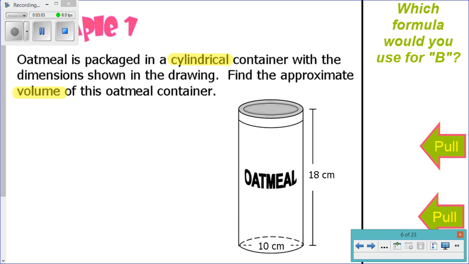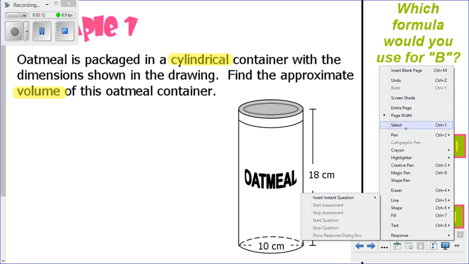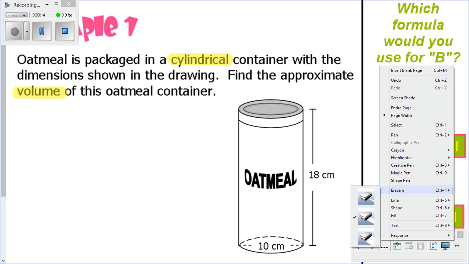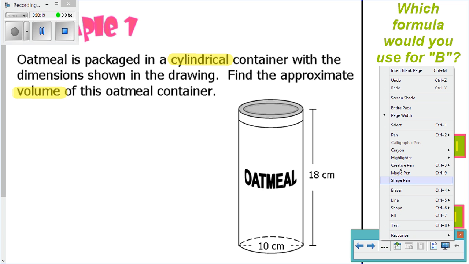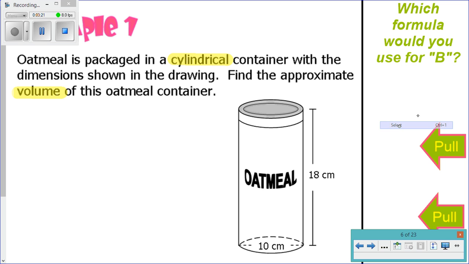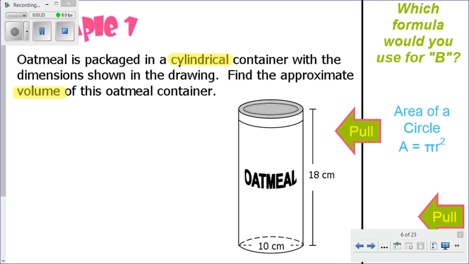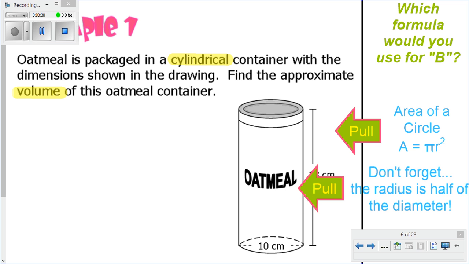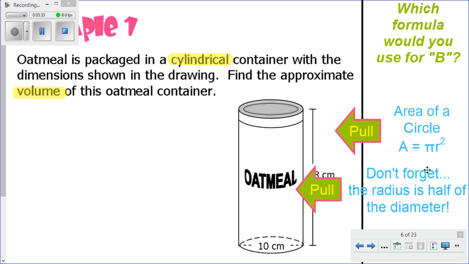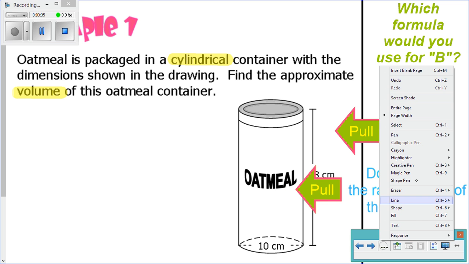Again, so we're talking about a cylindrical container, same problem. So which formula would you use? We've talked about that already. Well, this is the area of a circle, pi r squared. We talked about that already. Don't forget that the radius is half of the diameter. That's extremely important because if you'll notice here,